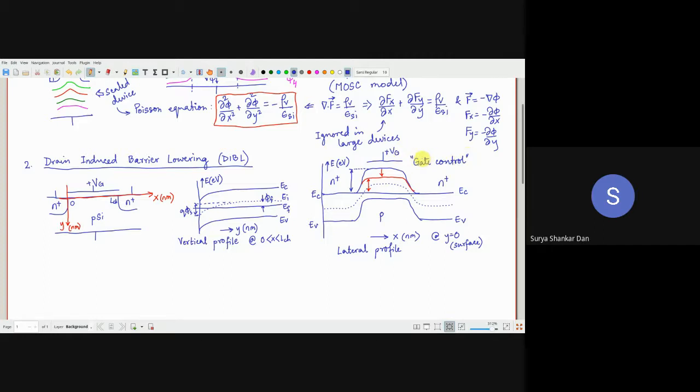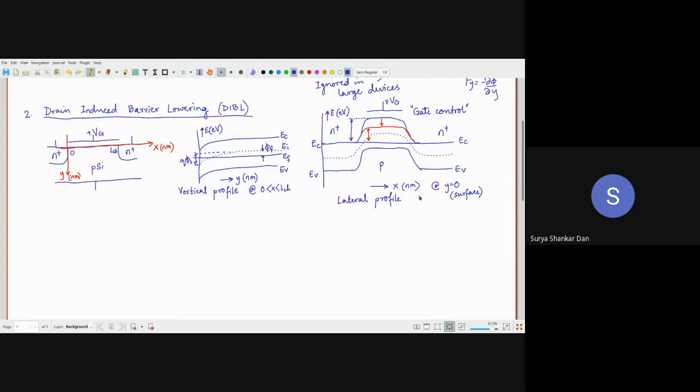So whatever potential you are applying on the gate terminal, it will simply lower this barrier such that more and more electrons are able to move from the source to the drain regions. When the barrier is completely gone, what will happen? The surface becomes as much n-type as the bulk is p-type, something like that. Now what I am going to tell is very important. So this is for the long channel device because this distance is very high.